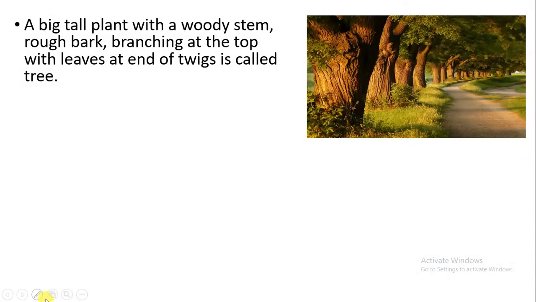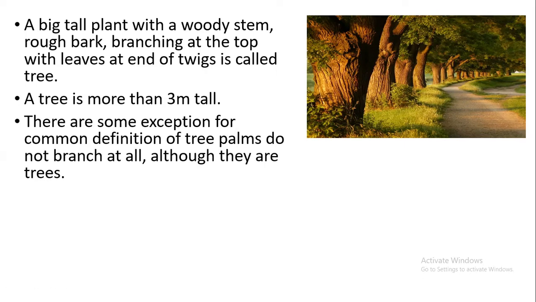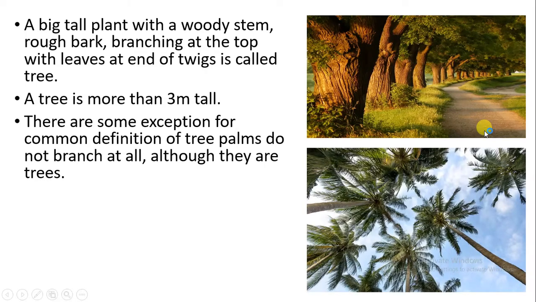amaltas. When we talk about a tree, it is a kind of tall plant which has a woody stem and rough bark, and you can see the branching at the top with leaves at the ends of twigs. That is called a tree. And a tree is at least 3 meters tall. There are some exceptions, like the palm tree. If you see, there is no branching at all,